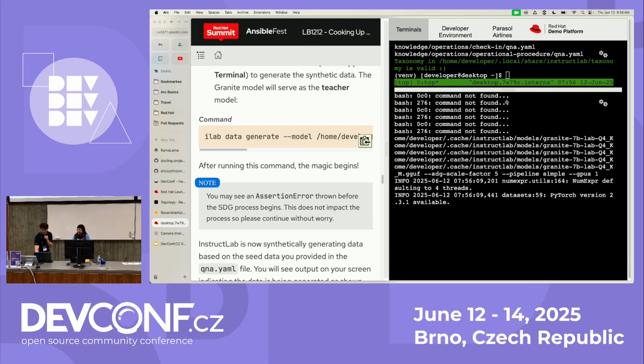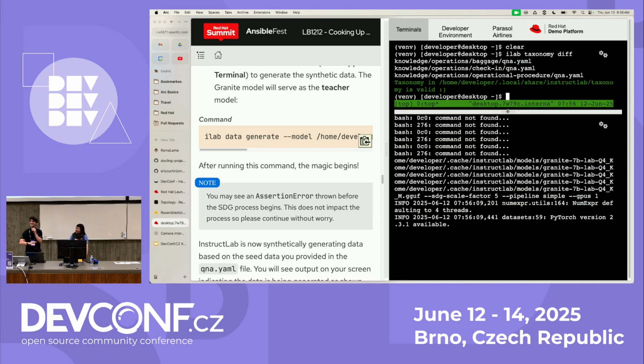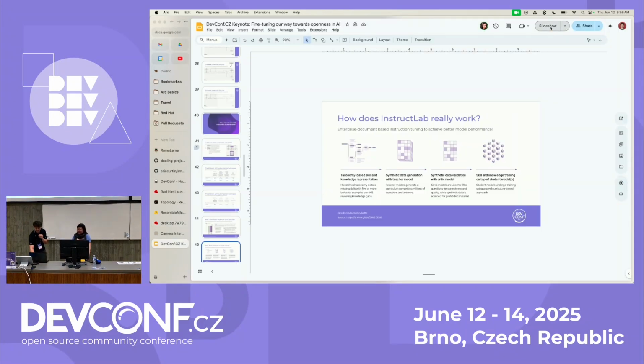So remember, we started from some seed training data curated by humans, right? And what we're doing is using a model that's running locally on our machine, so nothing is leaving the premises in order to generate this synthetic data. And if we had maybe 15 more minutes, we would show the whole process. But that's just a quick gist of using InstructLab. It's a CLI, but also a library that you could use, say, in your Jupyter notebooks as a data scientist to do this synthetic data generation.